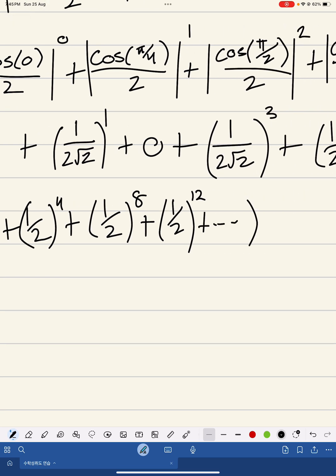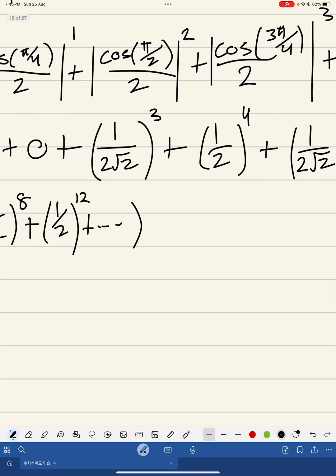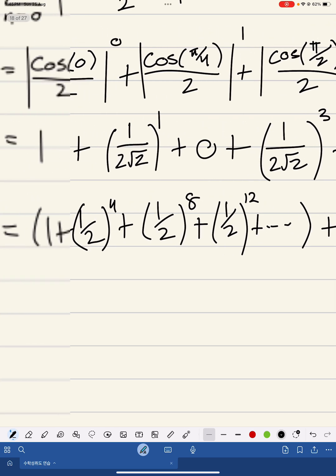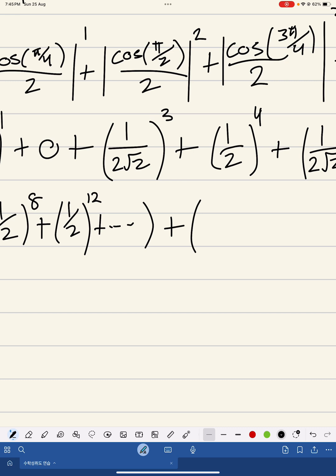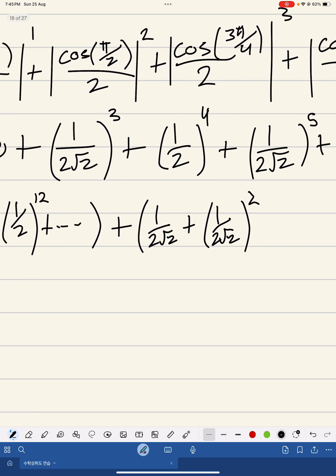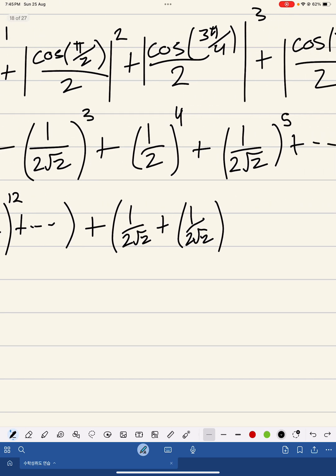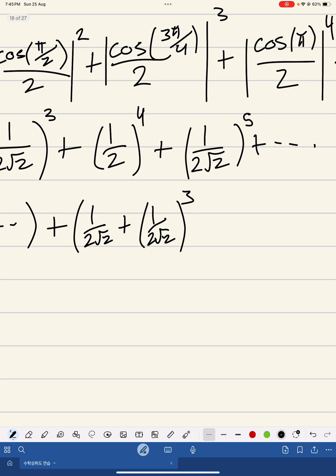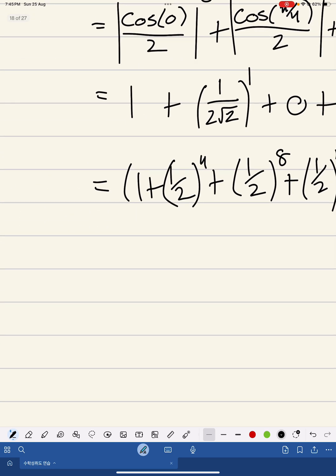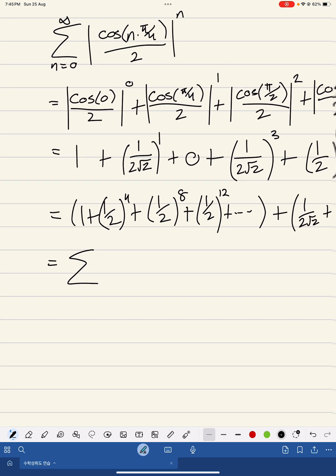infinite series of that. Plus, we have the 1 over 2 root 2 sequences, which is 1 over 2 root 2 plus 1 over 2 root 2 cubed actually, because it comes every 2 times. Plus 1 over 2 root 2 to the 5, and so on and so forth. So we can write this in terms of another sum. So we can decompose the original sigma